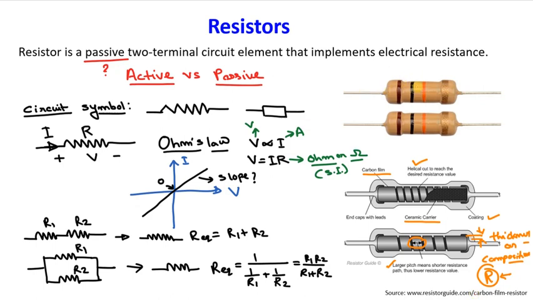And for these resistors, which are actually the fixed value resistors, we can see multiple parallel color lines, right, and those color lines are primarily used to indicate the value of these resistors. So let us see how.